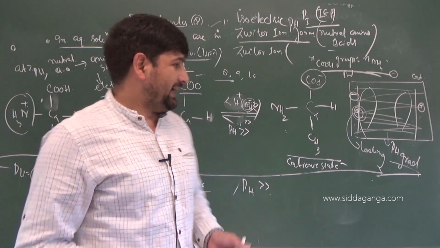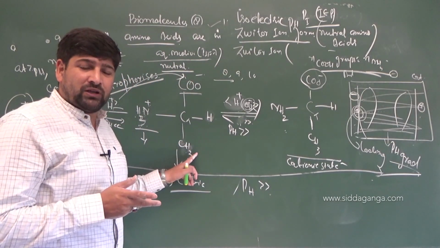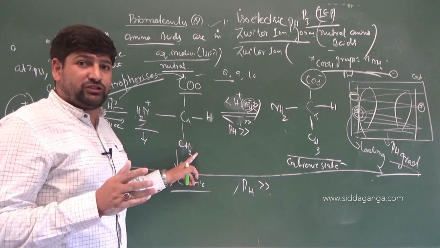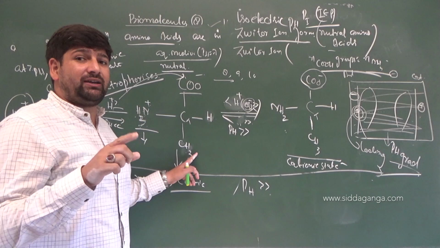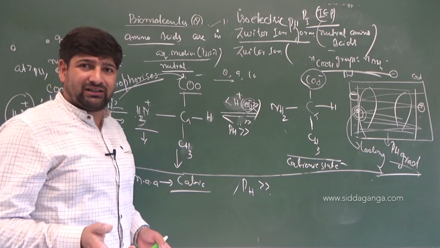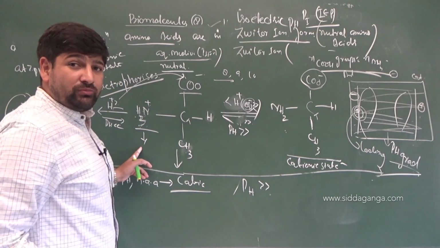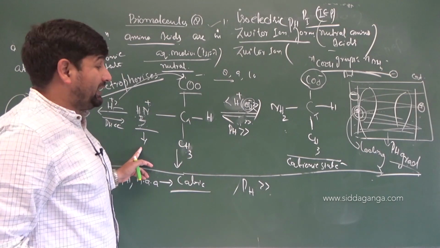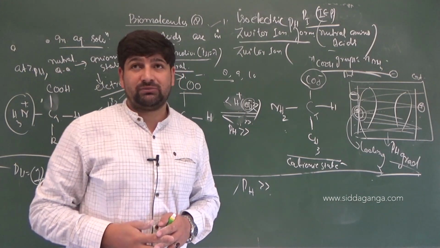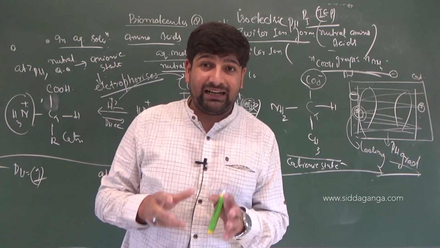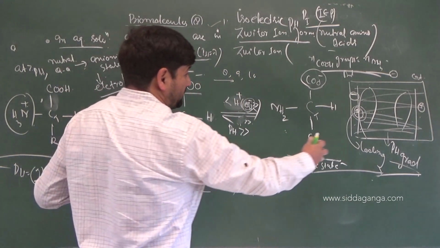So what will happen? Accordingly, you draw the structure, you will easily understand. So if there is acidic medium, H plus is more. Reaction will be shown by NH3, right? So accordingly, for the systems in which side chains are also made up of different groups, you can have a look at how exactly the molecule will behave and what will be the net charge of the molecule at that particular time, right? So let us not elongate this discussion more.